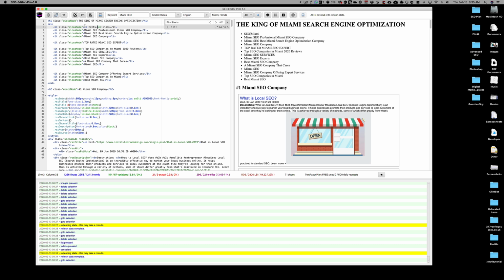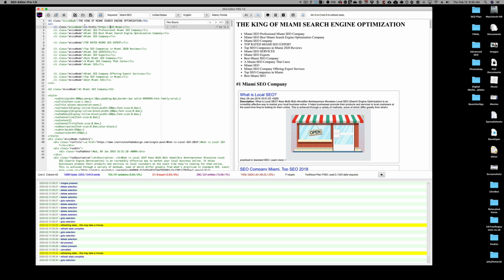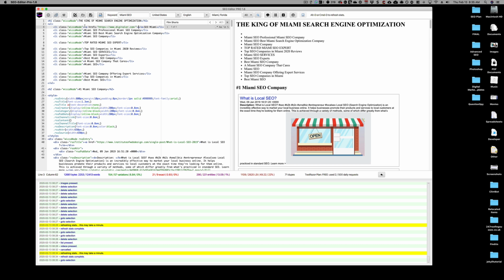ahrefs equals boom. https www.digitalleader.com/boom. Close, and then it's going to automatically pull in that closing bracket for me. I'll just drop that in there, close that, get it out of the way, and I want to keep that in this. So